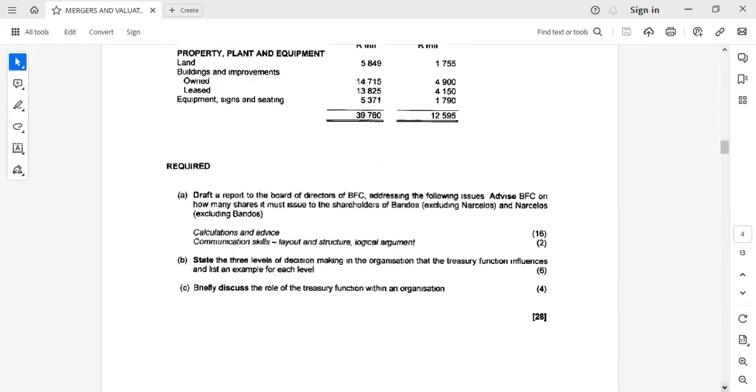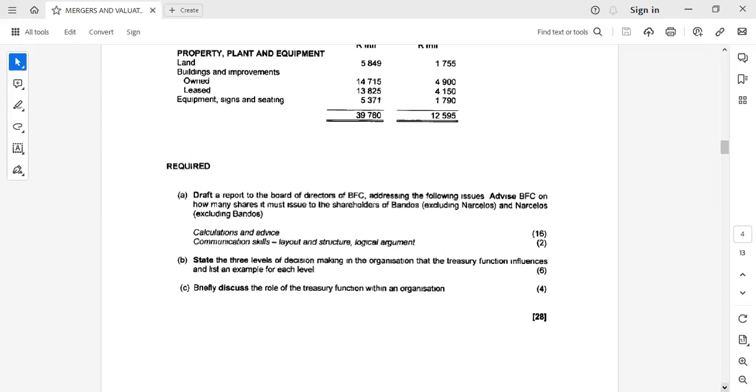Right, draft a report to the board of directors of BFC addressing the following issues. I'm very sorry, on the first question, they said draft a report, but I didn't do it in the form of a report. But always when they say draft a report, please start with the format of the report. Or even if they said a memorandum, we know that it's to, from, date, subject. Is that right? I will not do it, but just know that whenever they say report or memorandum, you say to,